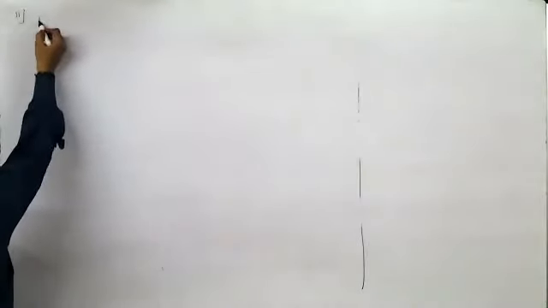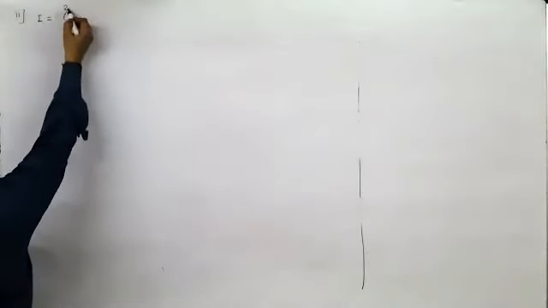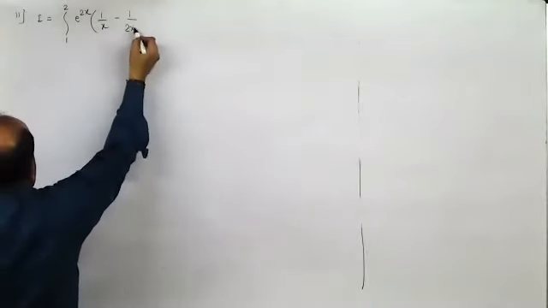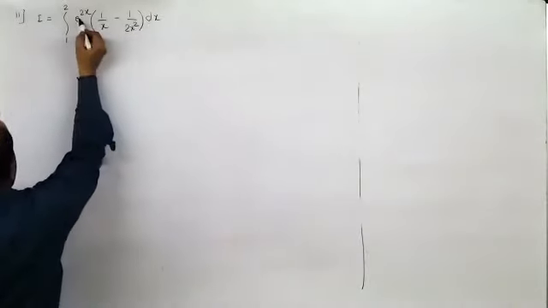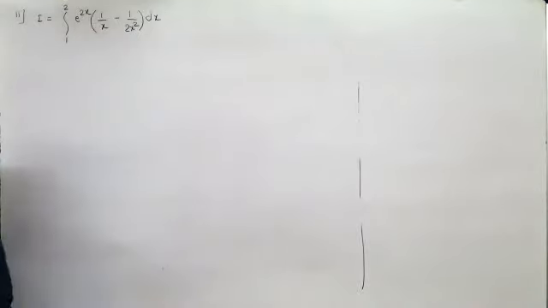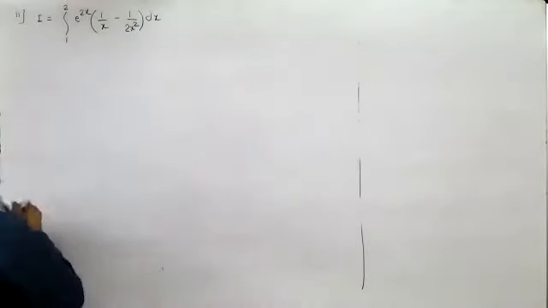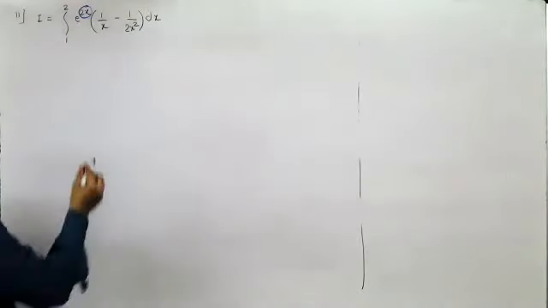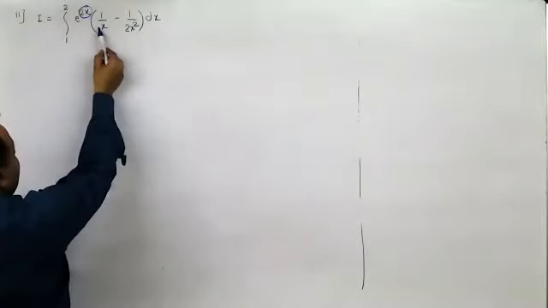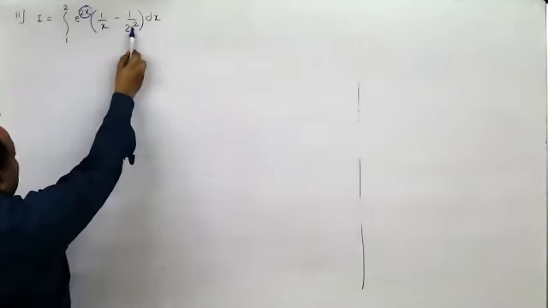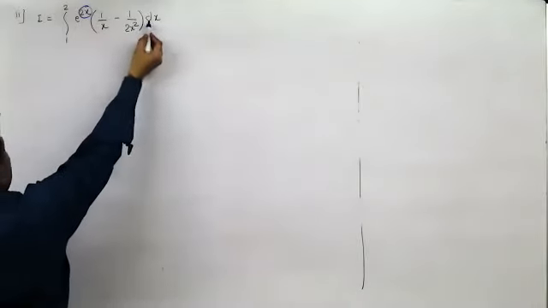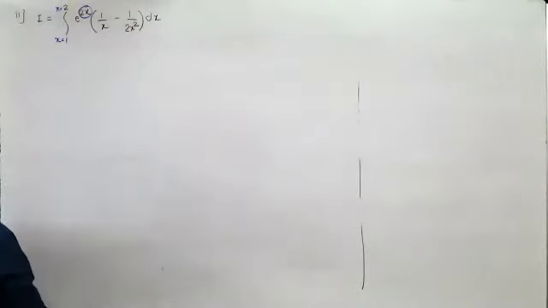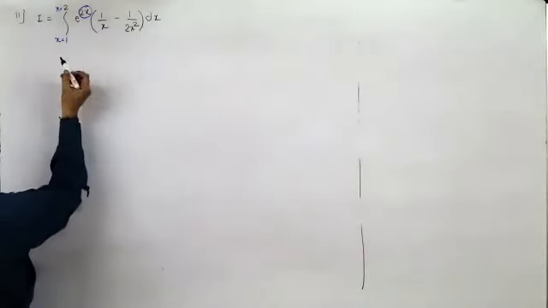The second one is I equal to integral from 1 to 2 of e raised to 2x into (1 by x minus 1 by 2x square) dx. Now, whenever I see e raised to some other term other than x, I would prefer taking that term as t. Now remember, this should be of the form e raised to some term. This should be f of that function, and this should be its derivative. Now, this is dx, so the limit would be in terms of x. First, I'll substitute 2x as t.